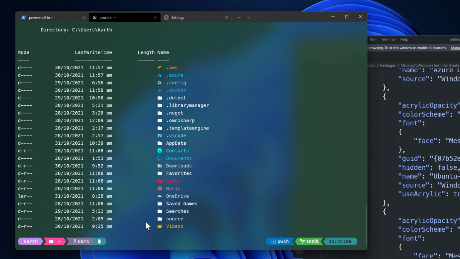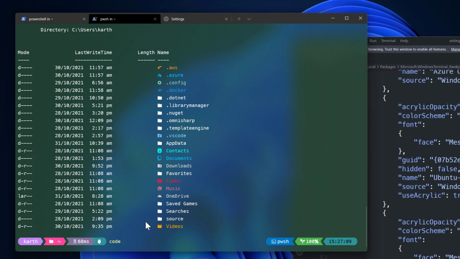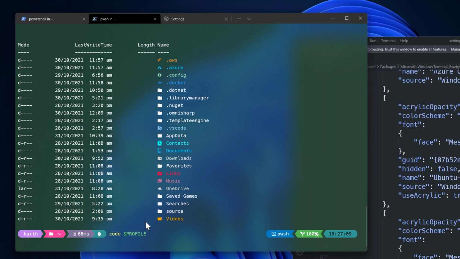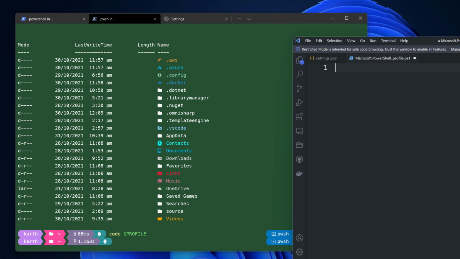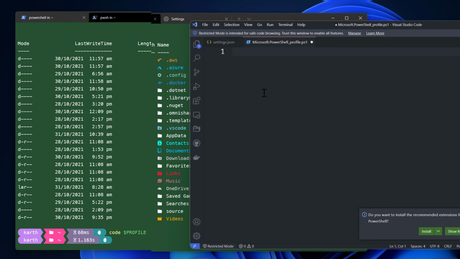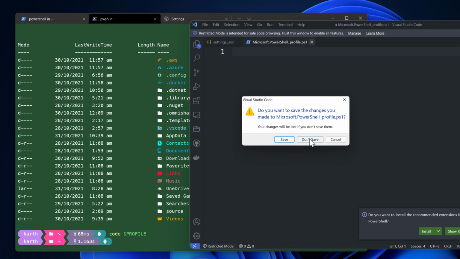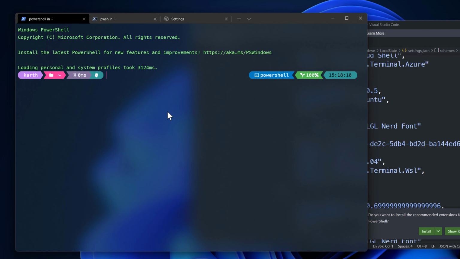And now we need to set all these things in the profile. So where is this profile? Well, you can just do code $profile, something like this, and hit enter. You can see that this is going to bring you a profile, something like this. So you need to set a certain profile so that you are able to see exactly whatever you did just now. So I'm just going to show you the profile of the PowerShell that I have already created, which is going to be the code